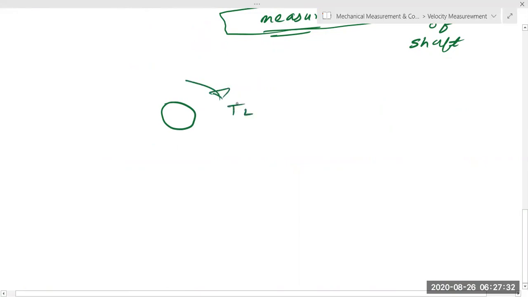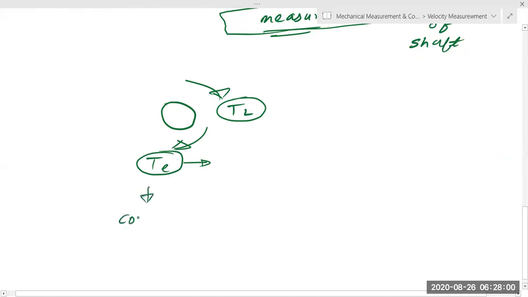So this is called torque. Now what is important is, if the shaft is rotating in this direction and my torque generated due to EMF, there will be some load torque, and there will be some electric torque, which will be more like a generated torque, EMF torque. If both are in the same direction,